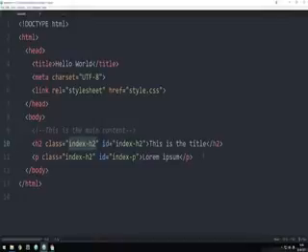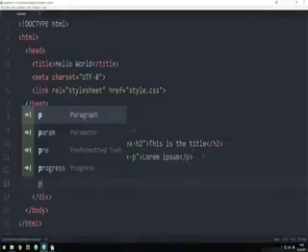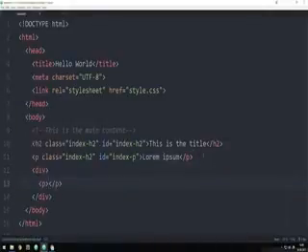So at this point, you might be asking me, well, why should we use IDs when classes can do the same thing as IDs, but more? Well, when it comes to IDs, it also has a couple of things it can do that classes can't do. For example, if I were to go ahead and create a section down here by creating a div, which has content inside of it related to a very specific thing, such as course